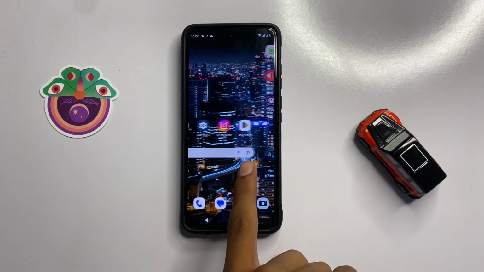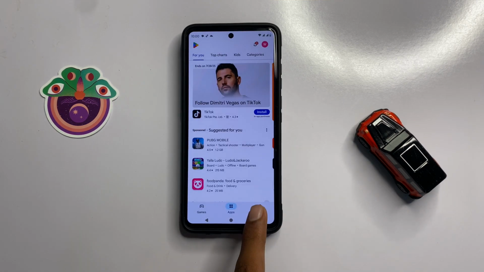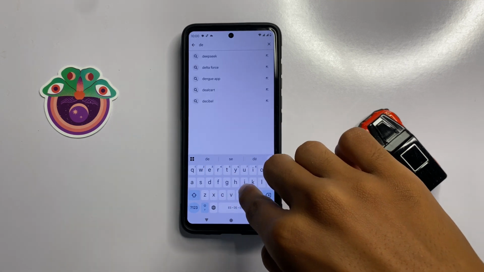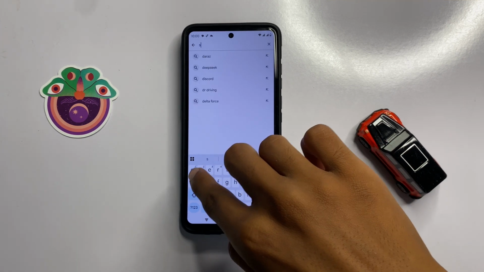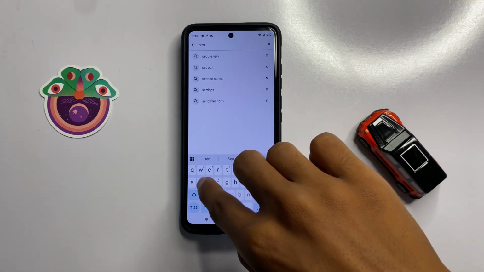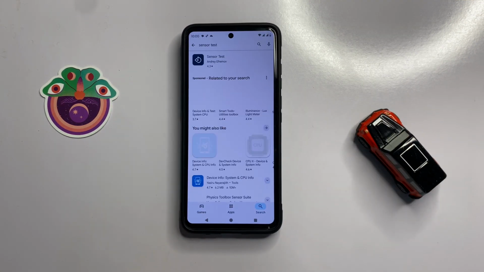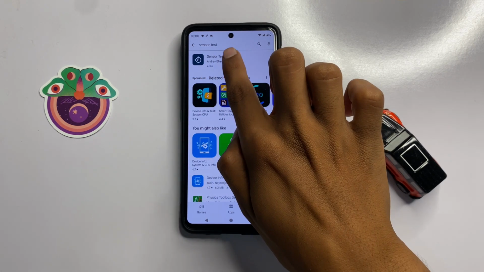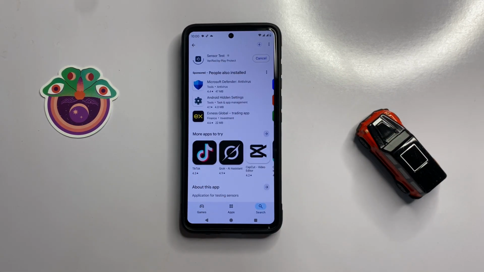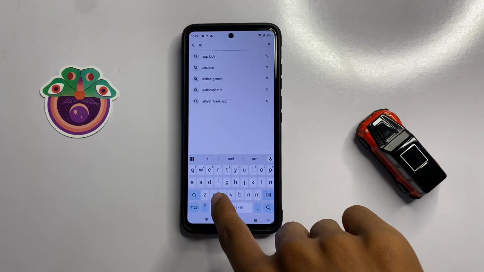First of all, open Play Store and search here sensor test. Now click on sensor test app and then click on install. After install this app, then click on search and search here